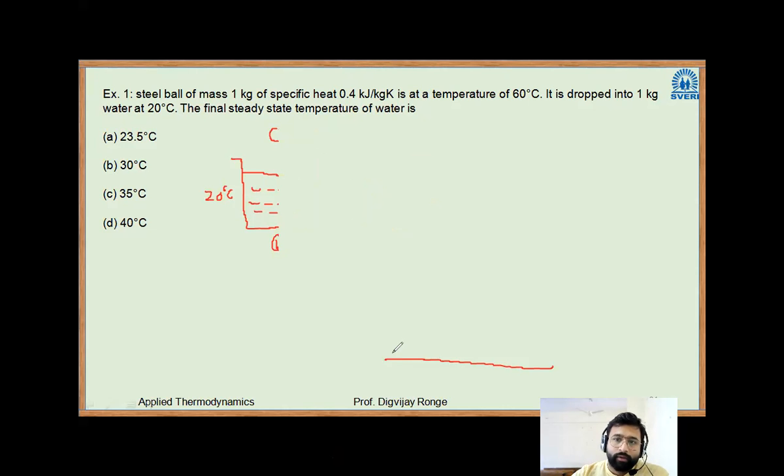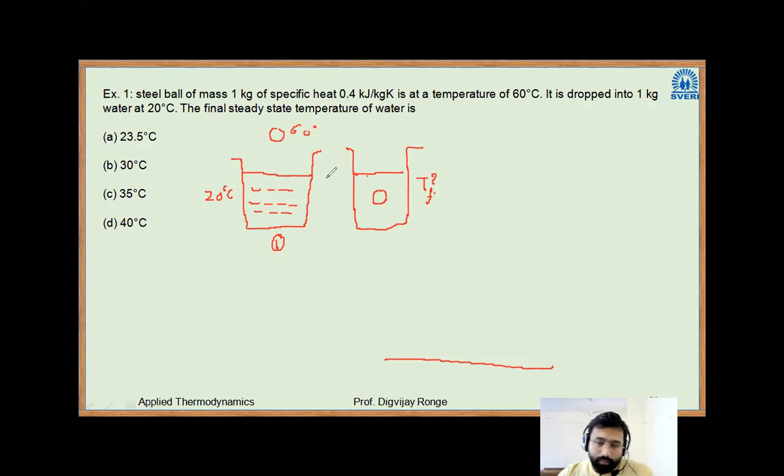Yes, correct. Obviously the steel ball is hot. It has a higher temperature. Water has a low temperature. We have seen heat transfer takes place only when there is a temperature difference. So obviously there is a temperature difference of 40 degrees Celsius, and heat transfer will take place. Now the question is from where? Heat always flows from higher temperature to low temperature under natural conditions, right? Unless you apply external work. If you apply external work, then you can reverse the direction also. But under natural conditions, heat always flows from higher temperature to low temperature.